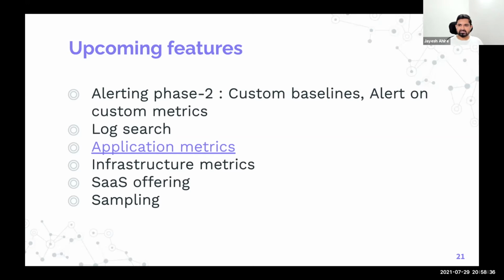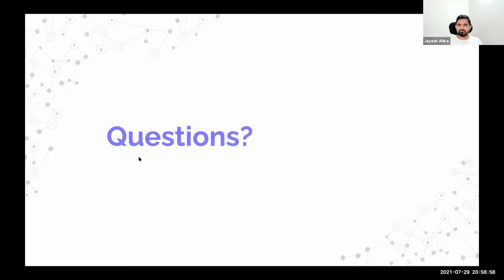Sampling is one of the things which we will be addressing along with the metrics. So we will support platform level sampling, and you can just send all of your data. We will do the smart sampling and ingest the data required and retain whatever data we feel is necessary, and even give you full control on the retention side of things. So yep, those are the things we are working towards in the next couple of months.